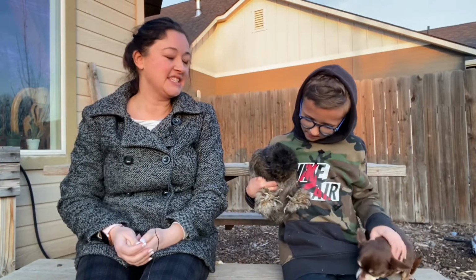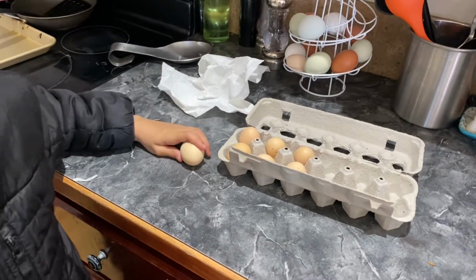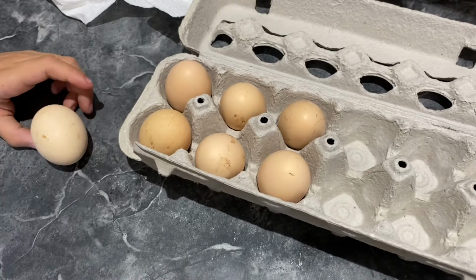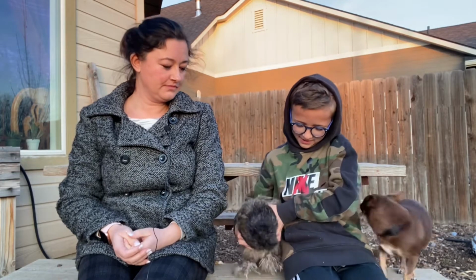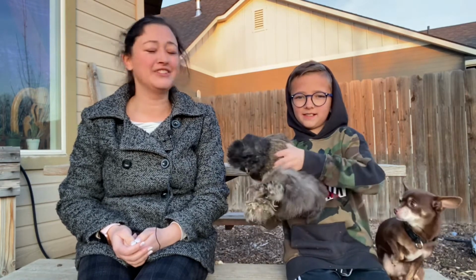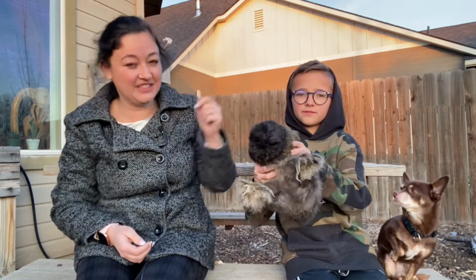Are their eggs tiny? Yeah. Their eggs are tiny, and their eggs are a peach-ish brown color. And their eggs are tiny, just like them. And the little baby chicks are adorable, aren't they? Yeah. They're so cute. They even start to get the little fluffy feathers on the...